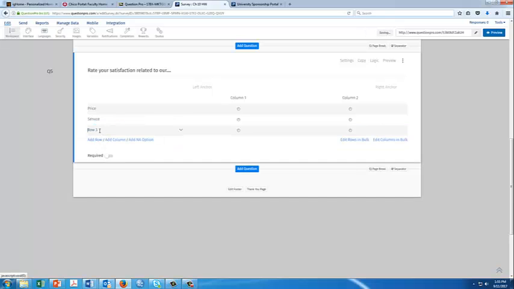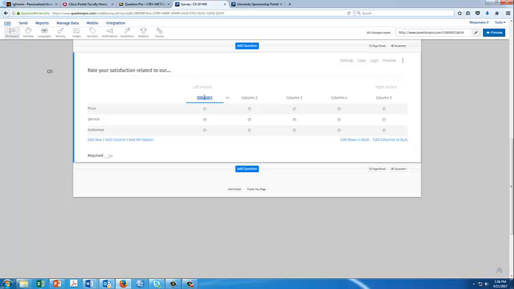If you want to add another row for additional items where you're asking people to rate their satisfaction, you could say things like the ambiance of the restaurant, if you're asking questions about a particular restaurant. So you could continue to add as many rows as necessary. You'll notice on the homework assignment I want you to do a 5-point scale, so you can add additional columns, because you'll notice right now we just have 2 column responses. I'd like to click this a few times until it gets to 5 columns,